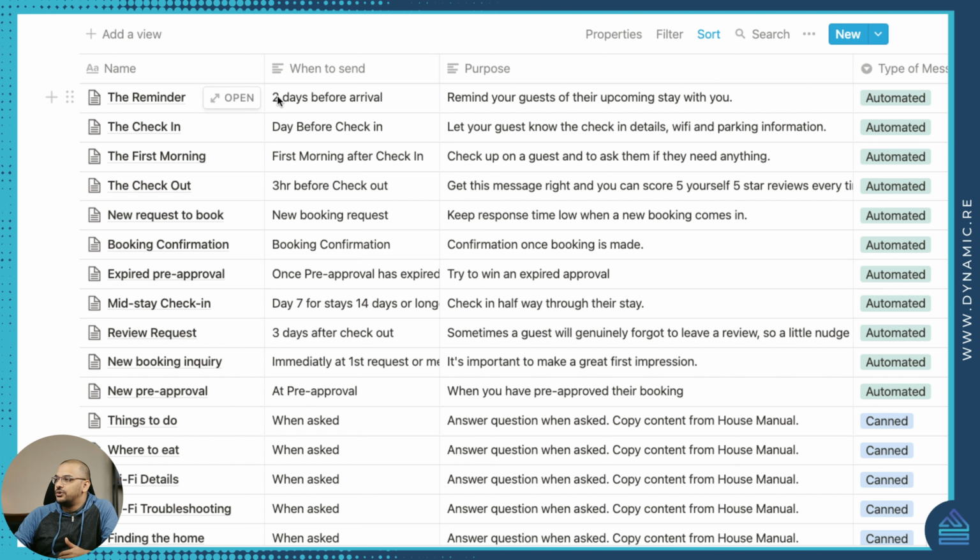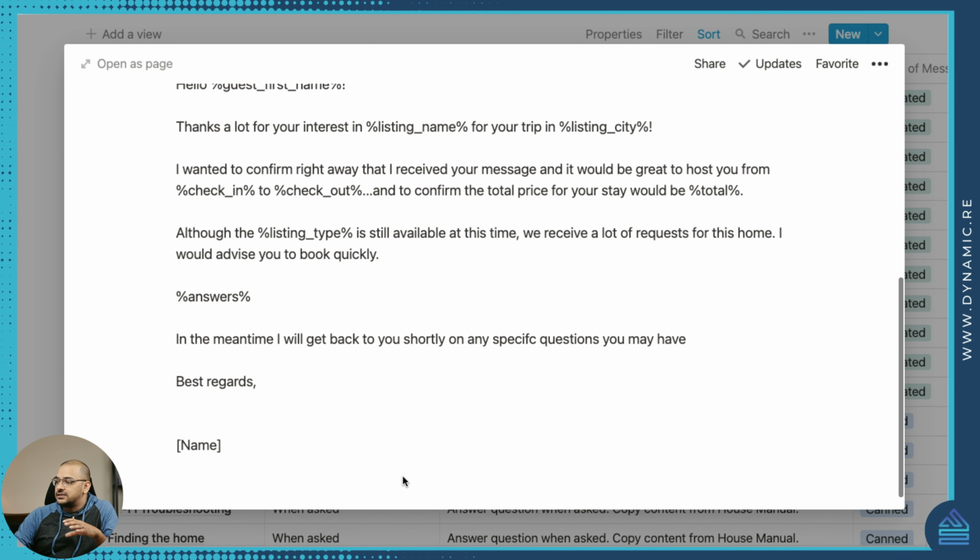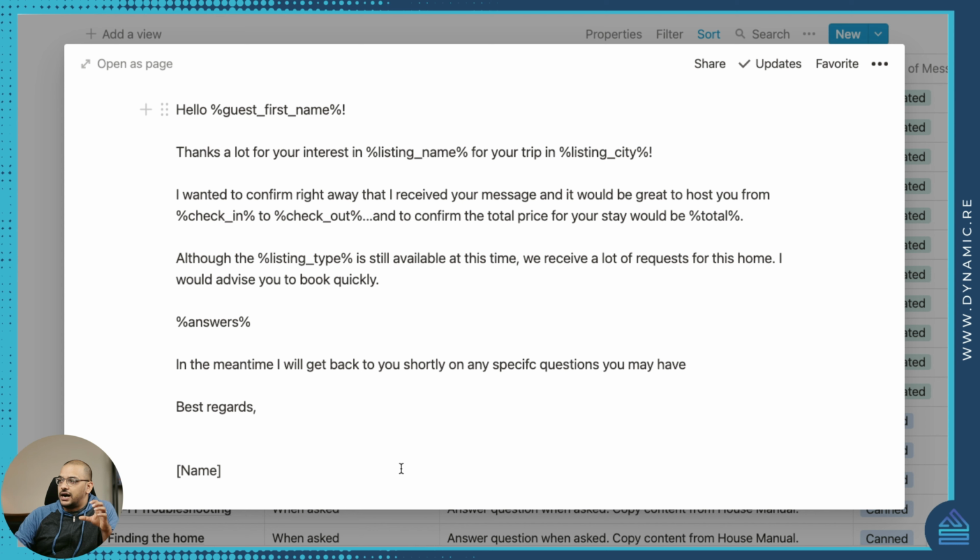So for example, we have things that'll happen the day before check-in, the first morning after check-in, 3 hours before checkout, new booking requests, booking confirmations. So these are all automatic, and you can have them set and scheduled. And if you click into the messages, you can go ahead and literally copy and paste these message blocks into